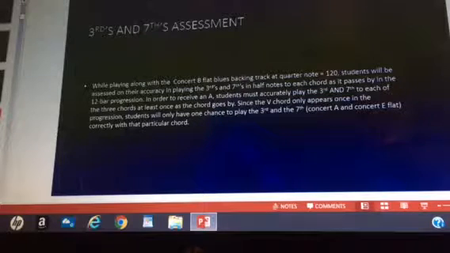So the students must play the 3rds and 7ths to each chord with the backing track. The 5 chords